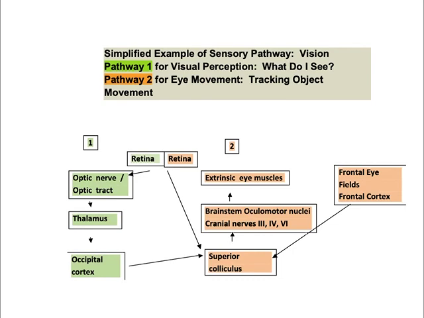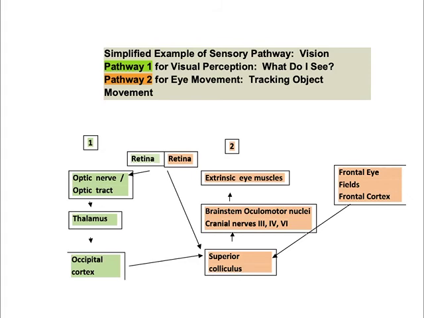Another example of a sensory pathway is visual perception, and then the movement of the eyes tracking the object that we're looking at. So the first pathway is relatively easy, right? The retina is going to perceive light bouncing off an object and send that information via the optic nerve, which is cranial nerve 2, down the optic tract to the thalamus. The lateral geniculate nucleus of the thalamus contains neurons that will then project to the occipital cortex at the tip of the occipital lobe, and that will be